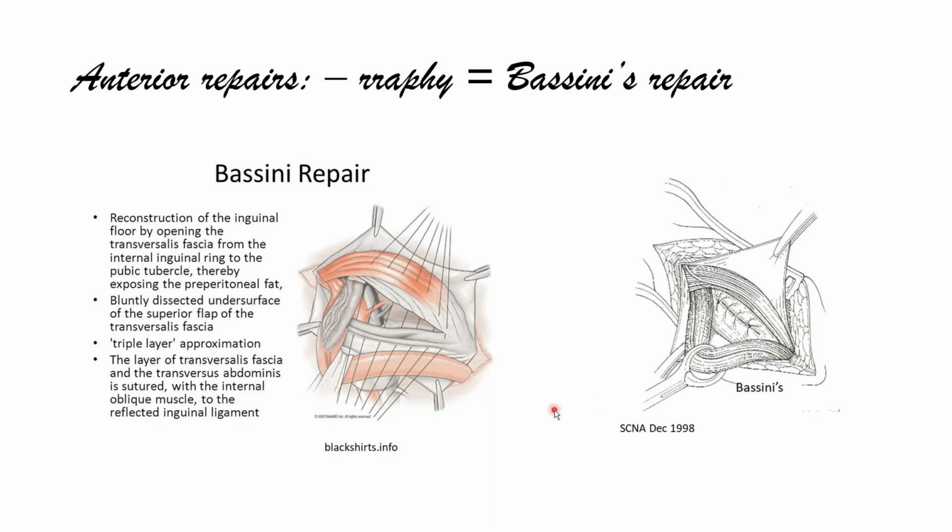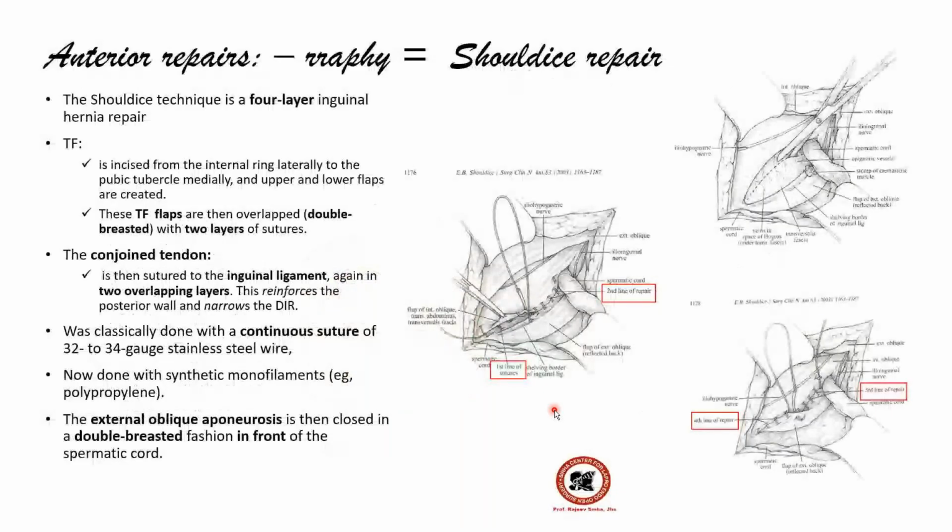Okay. Now, coming to the Shouldice repair, which is considered to be the hallmark of a gold standard herniorrhaphy. If you ask about a gold standard herniorrhaphy, remember, the gold standard of inguinal hernioplasty is basically what? The tensionless Lichtenstein's repair. No two views about that still. But when you're talking about a gold standard herniorrhaphy, it is Shouldice repair. Although I fail to understand why it is still called the gold standard, it's a very, very difficult repair and the results are not